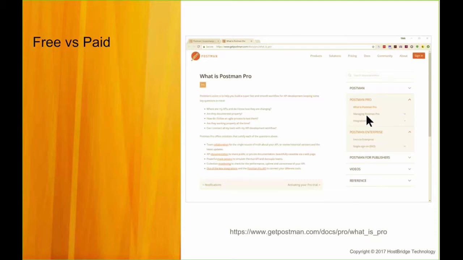The Pro version still has a limit on the number of requests you can send, but it's in the hundreds of thousands or millions. Having said that, I'm not sure there's any features you need in Pro. Well, let's talk about what's there. Postman Pro